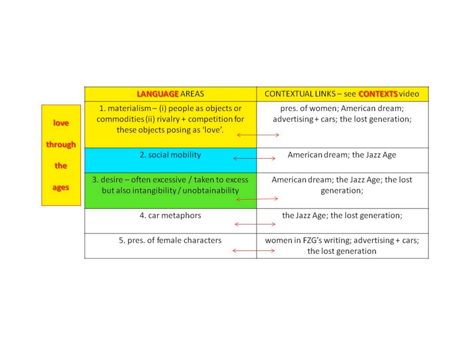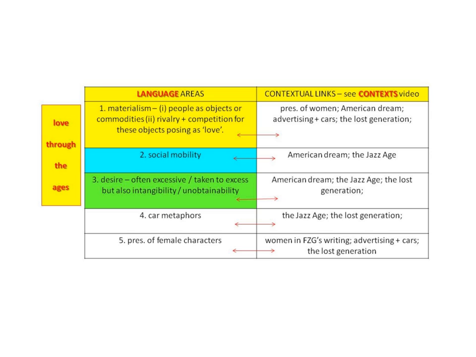I thought I'd do a quick table just to reiterate those 5 areas and the 5 contextual areas I mentioned in the context video, and how these language areas speak to these contextual areas. On the left here you can also see how the colour-coded ones, the yellow, blue and the green, I think are most relevant. There's nothing to say 4 and 5 can't be relevant either to the AQA focus of Love Through the Ages. So if you are following that specification and you are looking at Gatsby for that exam board, the stuff in the colours will be a bit more prominent for you to see as we go through these videos.